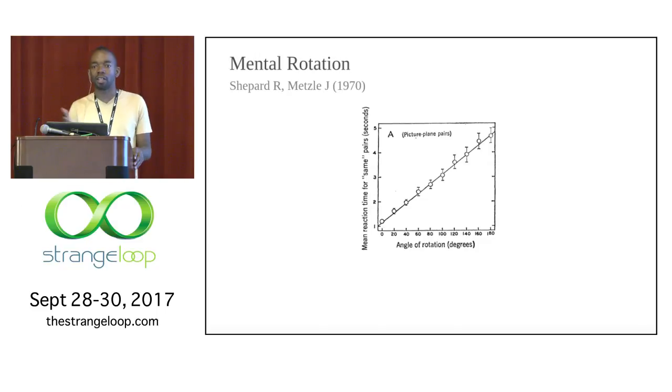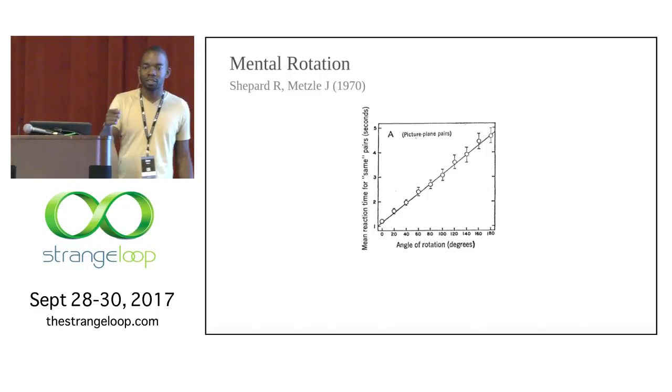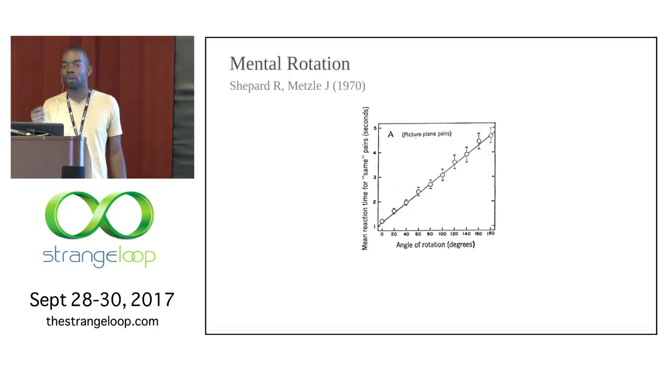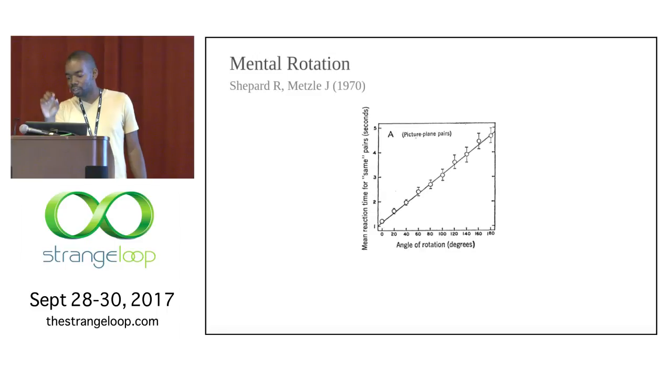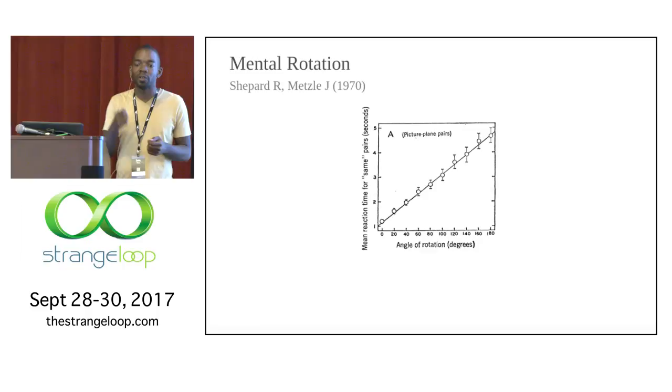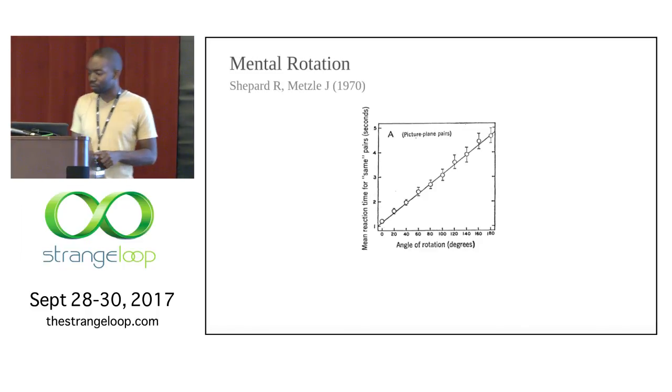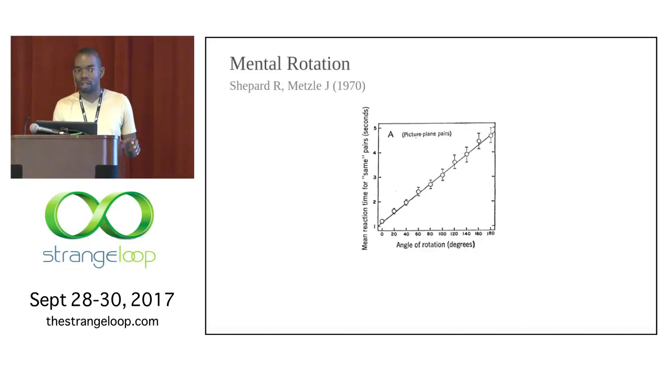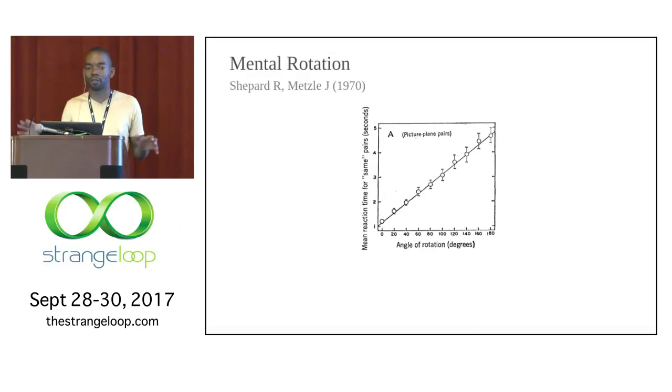And they found a linear response. And so what this means, if you don't know what linear means, it means that if I double the angle of rotation, it takes you twice as long to answer the query on average. And as you can see, these handlebars represent the variance. So as you increase the angle, the correlation is less tight. But as far as psychological experiments go, this is a very tight correlation. And so this led to a whole subfield of similar experiments.